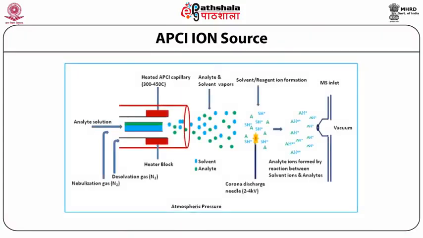This is the atmospheric pressure chemical ionization ion source. It is a small modification of the electrospray ionization. Actually, both of these come under API ion sources, that is, atmospheric pressure ionization. One is called electrospray, another is called atmospheric pressure chemical ionization source. You may consider them as the EI and CI sources. Here mostly small molecules are analyzed. The structure is almost the same. You get a spray of ions which is deflected to the analyzer, and then they are recorded as the mass spectrum.